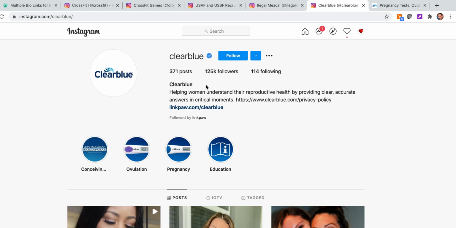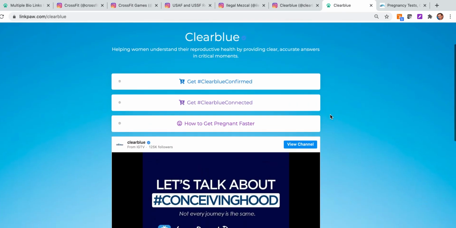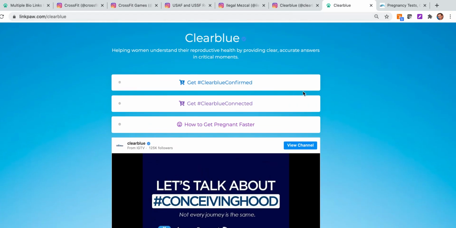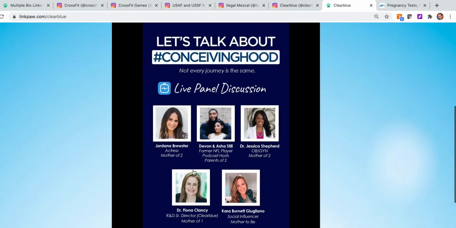So what the Clearblue team at the Publicis team in New York do is they deploy one link that they have access to with a dashboard that they can control and decide what their social media audiences see and have access to. So as you can see, it's pretty straightforward. There's two call to actions basically to buy, one educational component, and then a video of some type of a